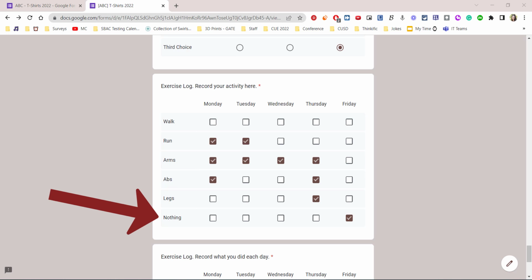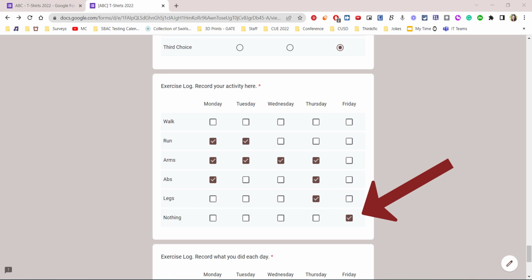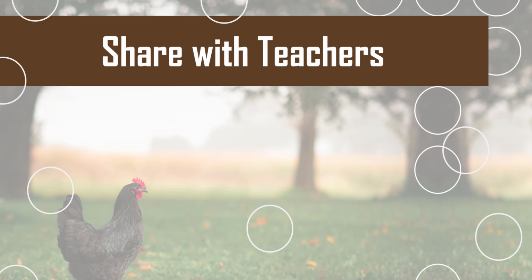You'll notice here that nothing is now a category, and right over here on Friday, I can tick the box that says nothing. There was no activity to record for that specific day. I am now going to transition to the next portion of the training where I model how to share the